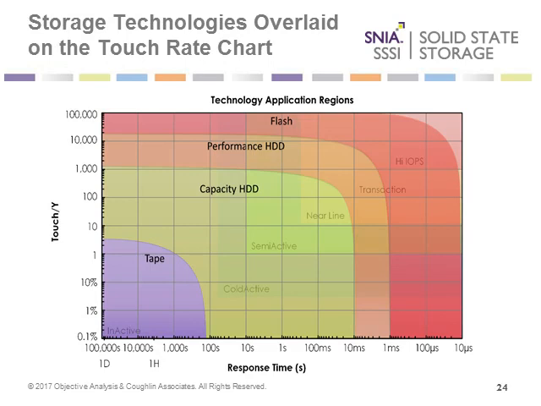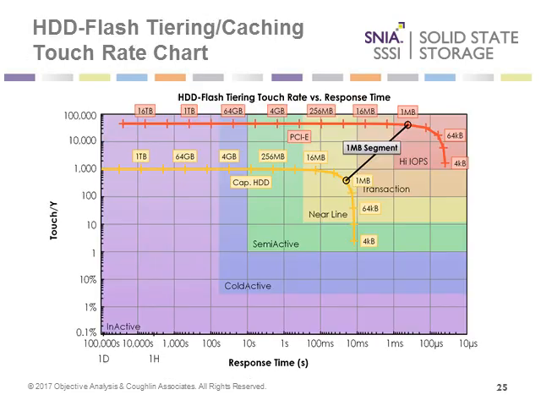Now, if we move to the next slide, we can use these touch rate versus response time charts. We can actually plot device performance on here. So we're showing, for instance, a PCIe or NVMe flash memory device in the upper right-hand side there. So we're showing, again, the touch rate as a function of response time for different sized blocks of data that are being moved around. And then to the lower left, that's the red line, we're showing a hard disk drive, again, with different sized blocks that are moving, and that causes us to move on that curve.